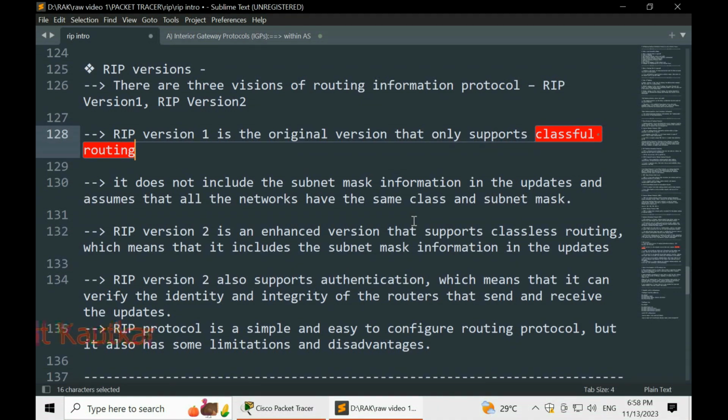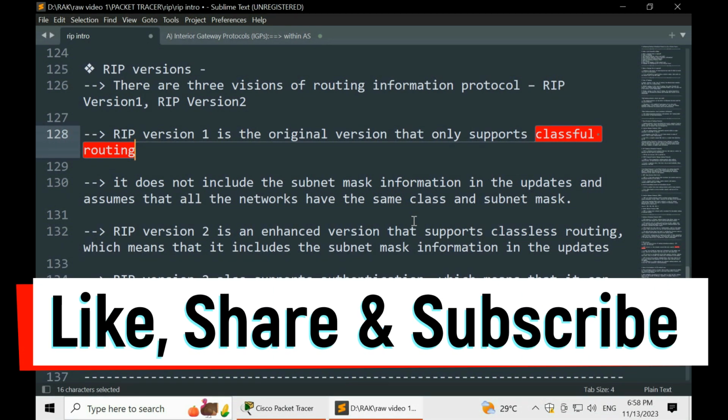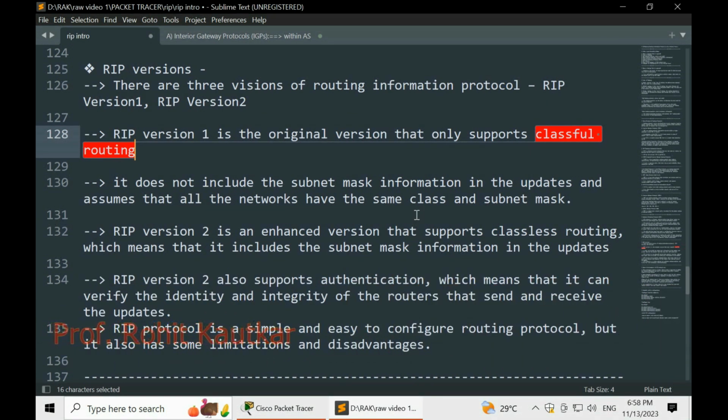Second, we have RIP version 2. This version can be viewed as an improved, modified, enhanced version, and it has support for classless addressing. So how are they achieving classless addressing? They are including the subnet mask information within their updates.